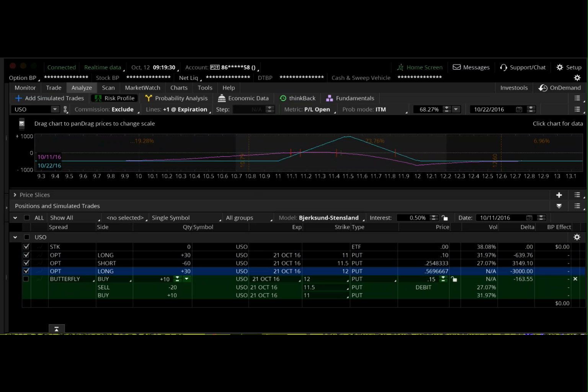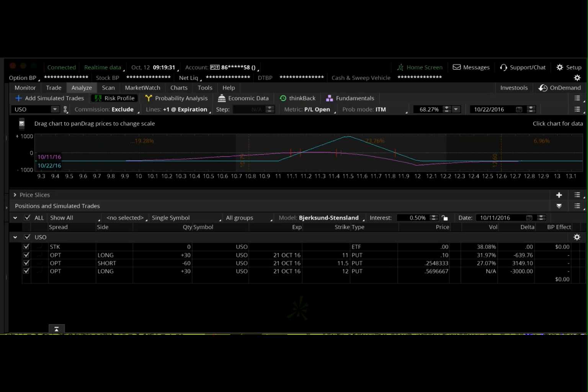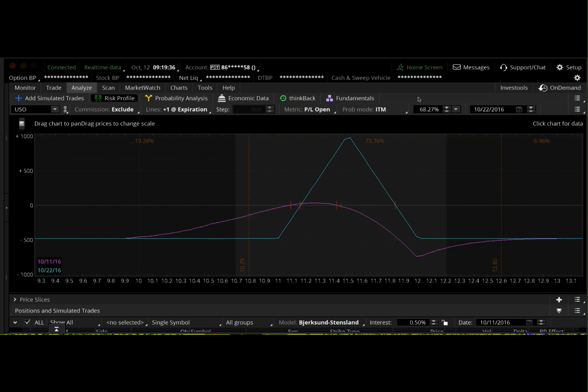As we go over to the position here, why is that looking funky right there? That P&L is not right. Anyways, I'm focused on the blue line here, the body of the butterfly, 11 and a half. That's going to be max profit at 1,000. Max loss will be 480 on either side. This daily P&L doesn't look right, but I'll have to check into that in a sec.